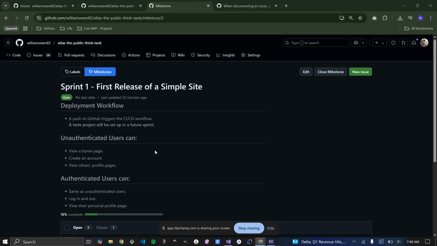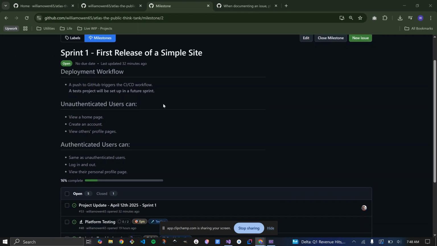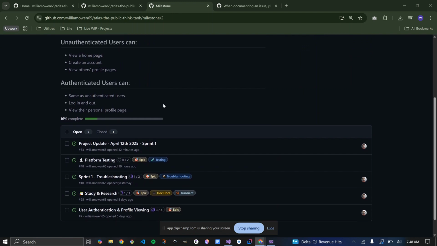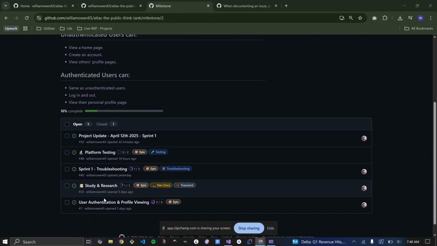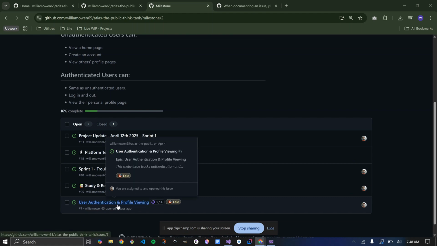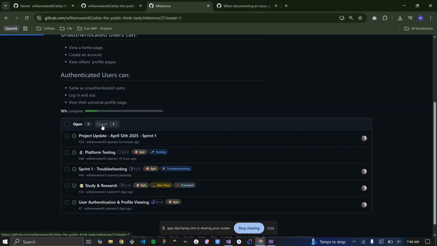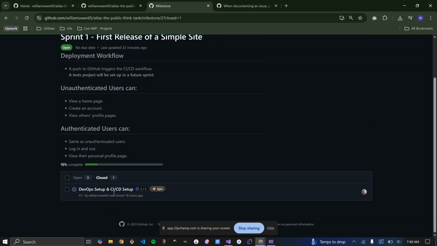To organize the work that I wanted to complete first, I put it into Sprint 1, the first release of a simple site. At first, the only two issues in here were two epics, the user authentication and this DevOps setup.